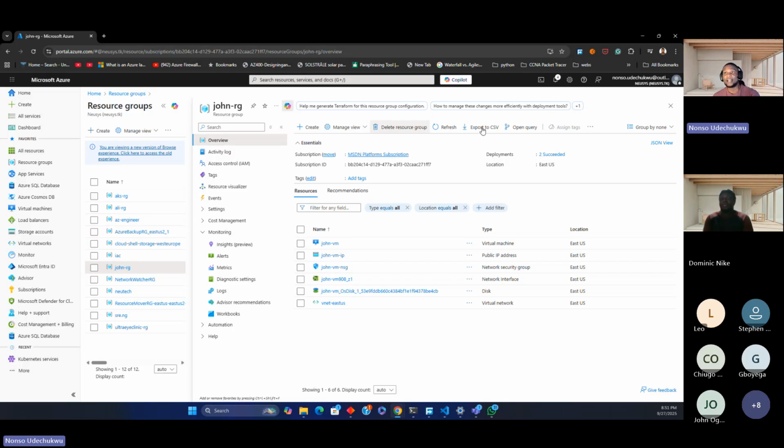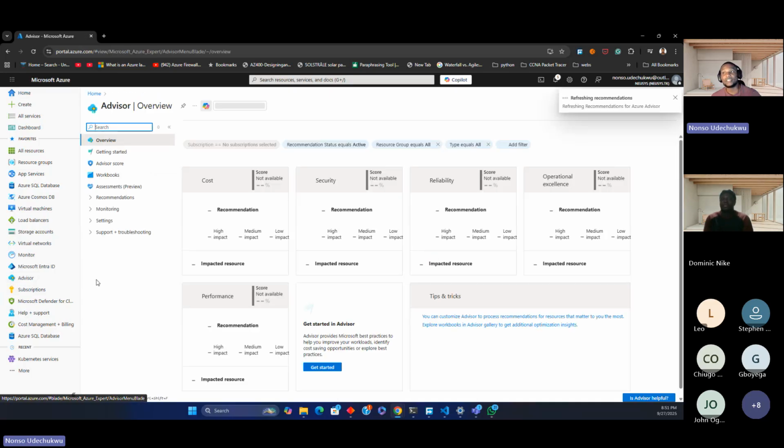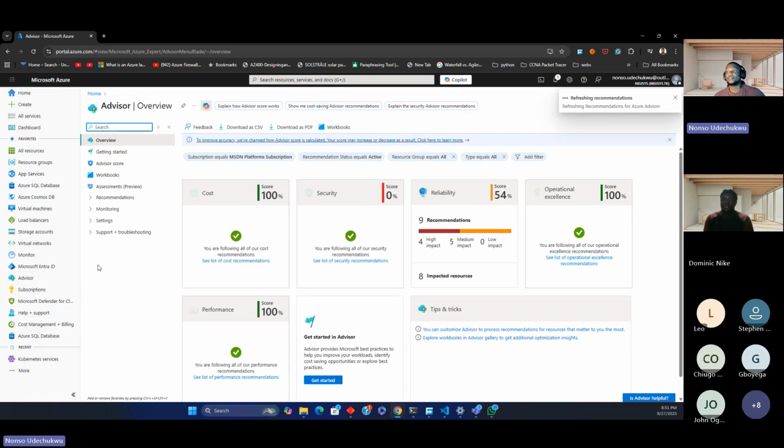What else did our friend teach us today? It taught us about the service Azure Advisor. Azure Advisor is a very fantastic thing. Azure Advisor is Microsoft saying, hey, okay, we want you to optimize. We want you to make use of your environment. We don't want you to waste money. We don't want you to waste resources. We don't want you to waste. So it could be things around cost. It could be about operations. Could be things